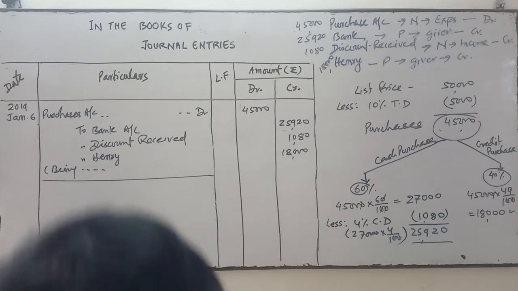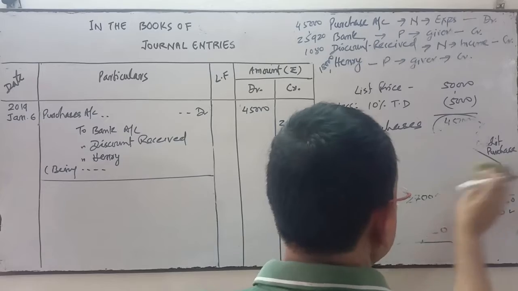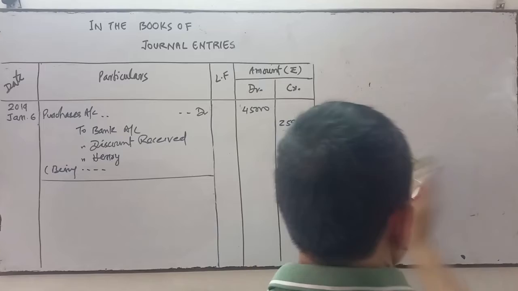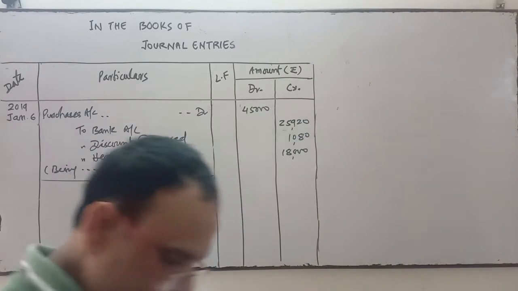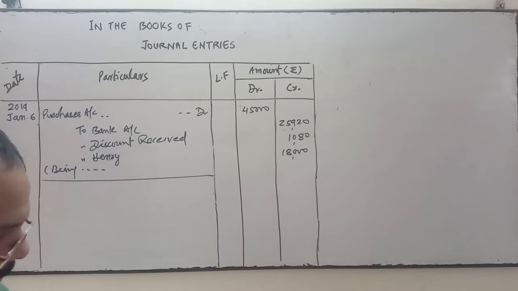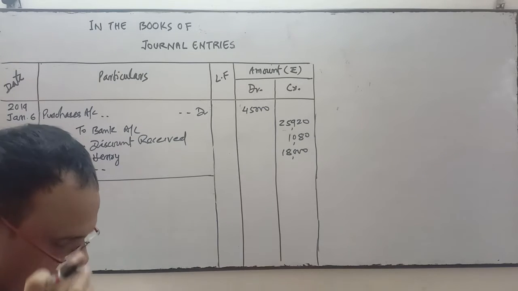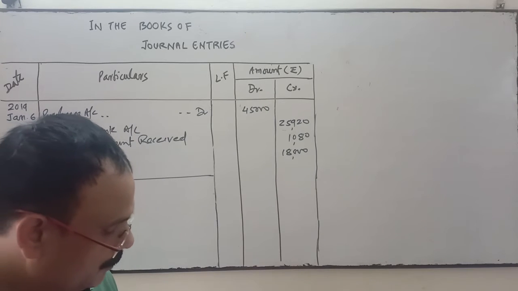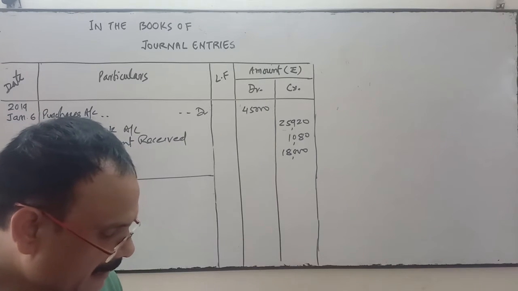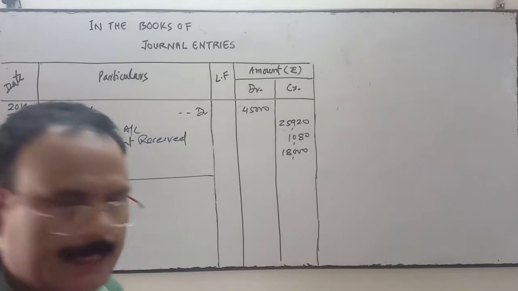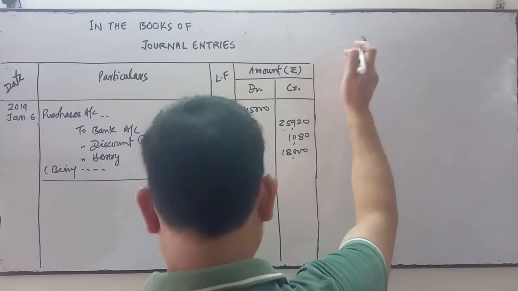Okay. Now see the next transaction. So note down the transaction every time. Okay. Next transaction is bought goods from Amit for rupees 2 lakhs at 5% cash discount and 20% trade discount. Paid 3/4 of the amount in cash at the time of purchase. 3/4 amount is paid in cash. It means remaining 1/4 is credit. So again you do the same thing.